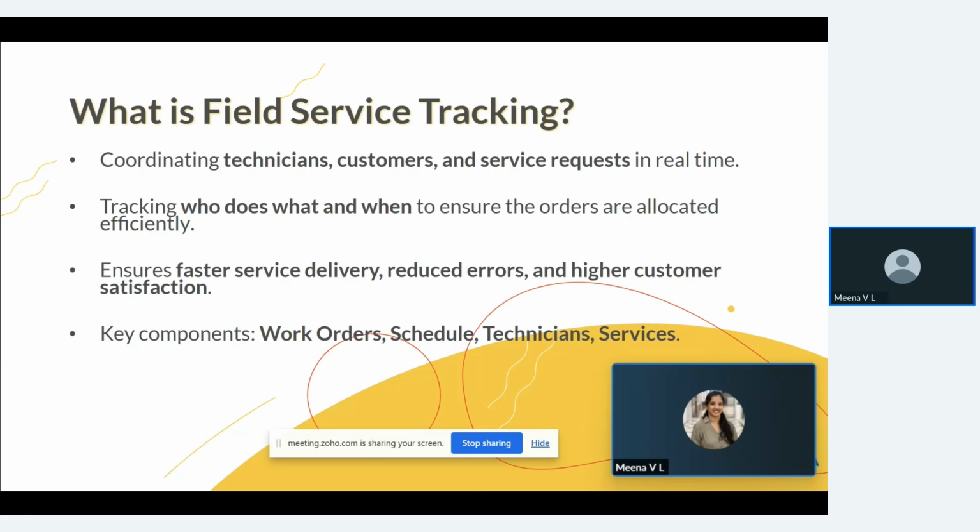That is one. And then Creator allows you to develop your own application according to your business. You can customize it at any level, however you want it, so there is flexibility of customization. And you can easily integrate this with your CRM. Say, for example, you handle your sales from CRM.